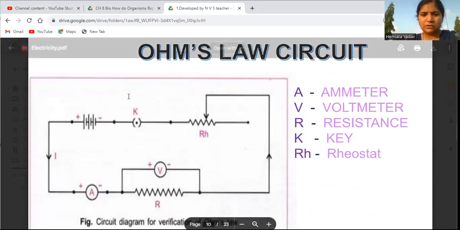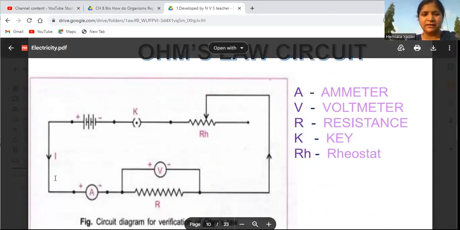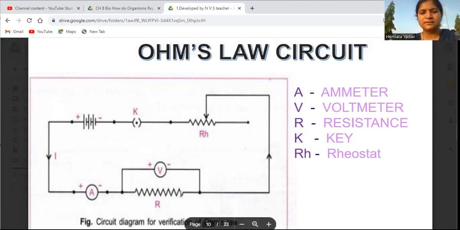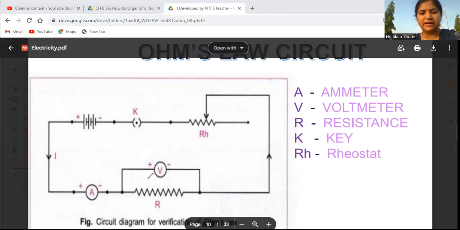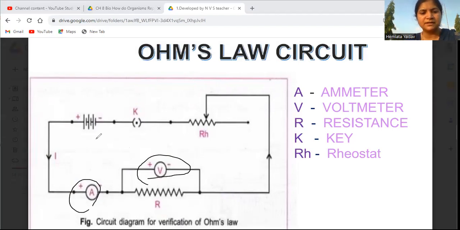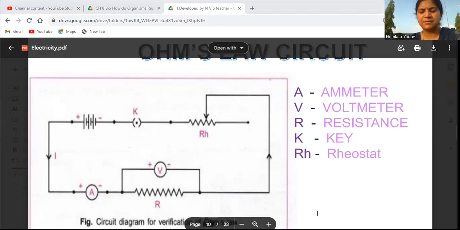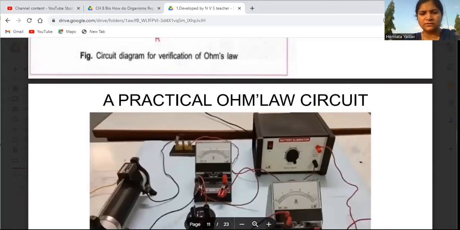ओम्स लॉ का सर्किट बनाना है, ये डायग्राम में आपको दिया हुआ है। तो हम कनेक्टिंग वायर्स लेंगे, के नाम की की लेंगे, एक रियोस्टेट लेंगे, और रेजिस्टेंस भी लेंगे। उसके चारों तरफ एक वोल्ट मीटर हमने रेजिस्टेंस की तरफ लगाया है, और एमीमीटर को सीरीज में लगाया है। ये हमारी बैटरी है। ये वेरिएबल रेजिस्टेंस रियोस्टेट है। यहाँ पर RH रियोस्टेट है, R रेजिस्टेंस है, K की है, A एमीमीटर है, V वोल्ट मीटर है। वोल्ट मीटर हमेशा पैरेलल में लगाया जाता है।